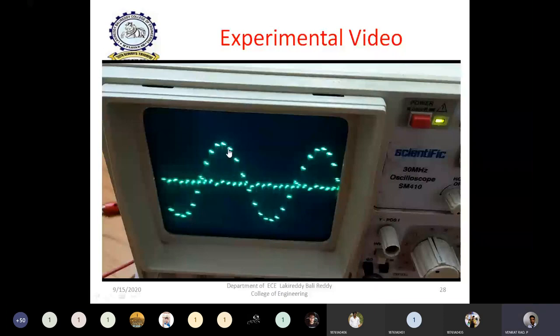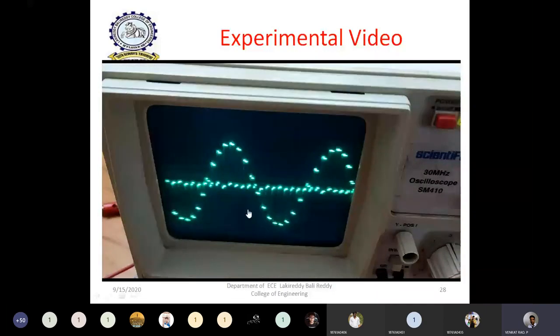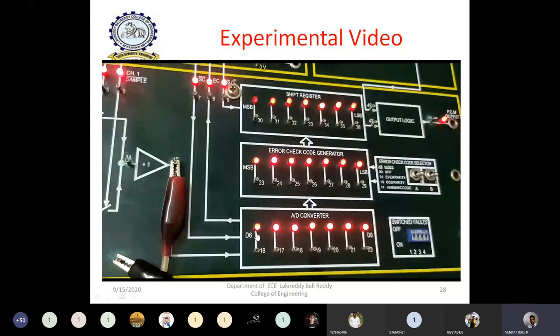Next, all of you observe what the encoded output is here, after the encoder. You observe that all the LEDs are turned on. That is not the indication of all ones, because when we observe the sample output in the signal, we have